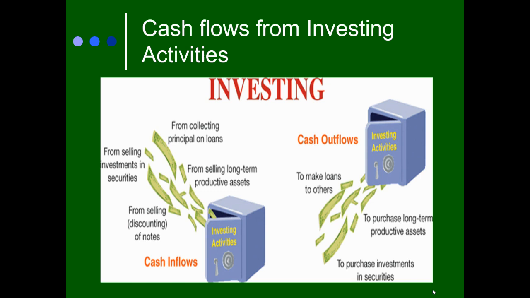It could also involve selling investment in securities, or if the company gives out loans to other third parties and collects the principal on the loans, it is categorized under